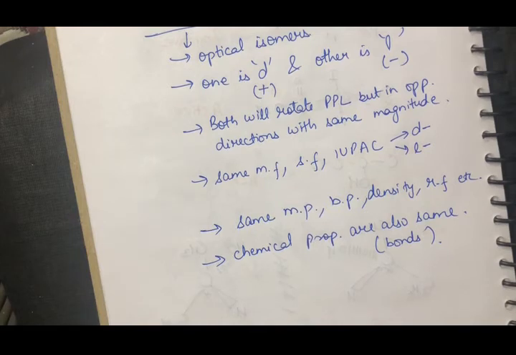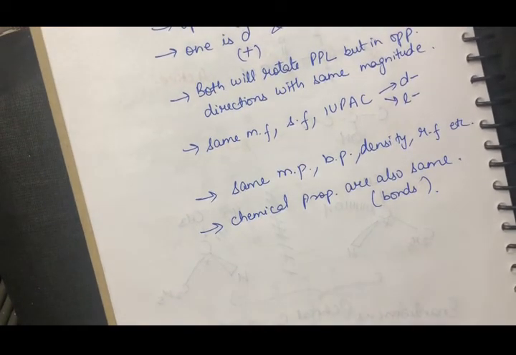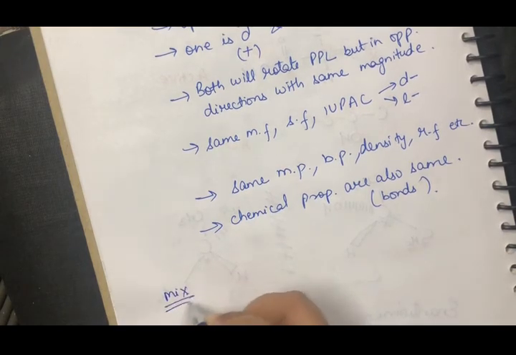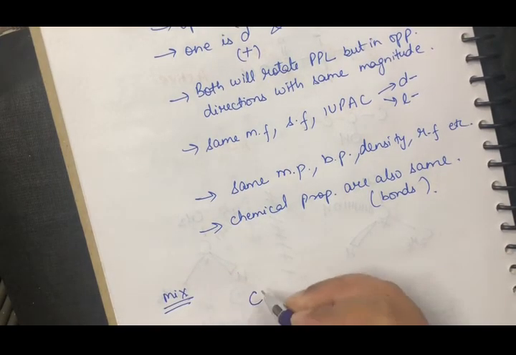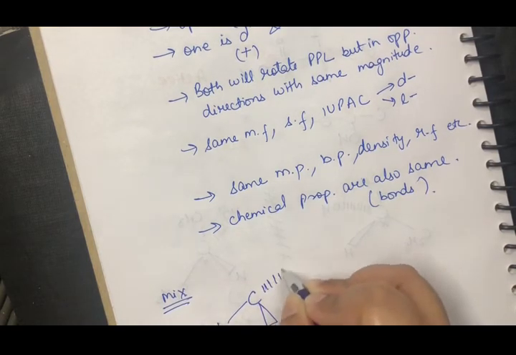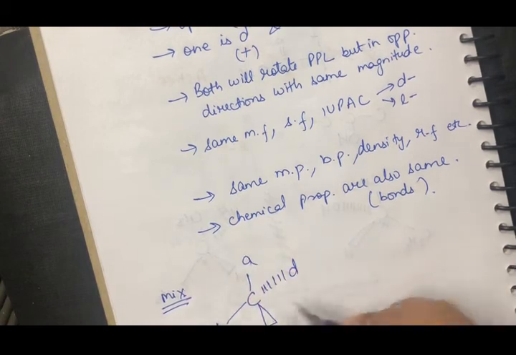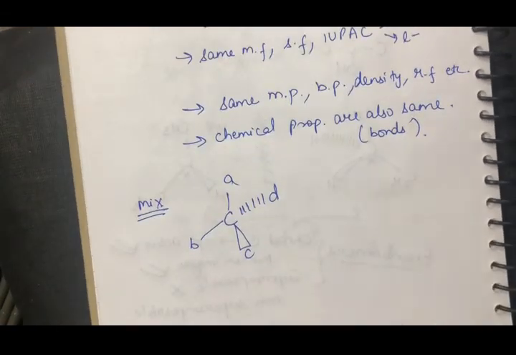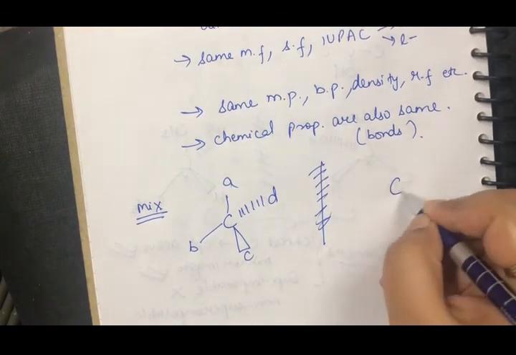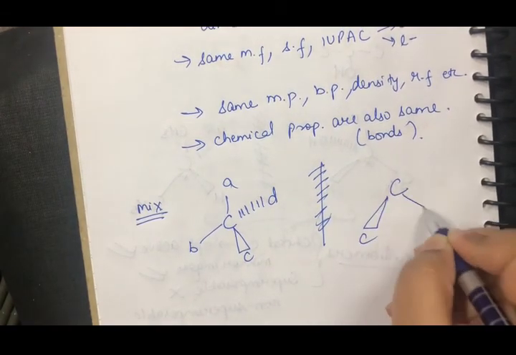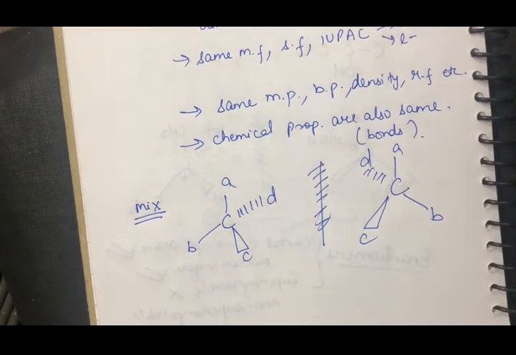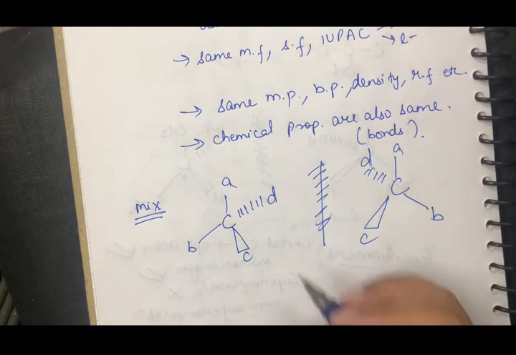Now for example, I have a mixture of a compound with me. Let's take any chiral carbon. I will take B here, C, D, A. This is a chiral carbon, है ना, चारों substituents अलग हैं. Now I will make a mirror image of it. So now what will happen is C इधर आ जाएगा, B इधर रहेगा, A इधर ही, and D will be here. So they both are enantiomers. दोनों ने equal rotation में किया.